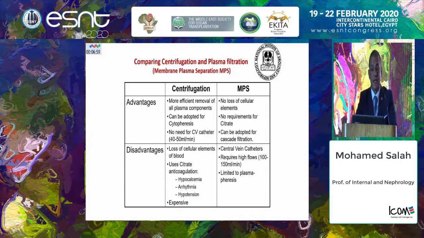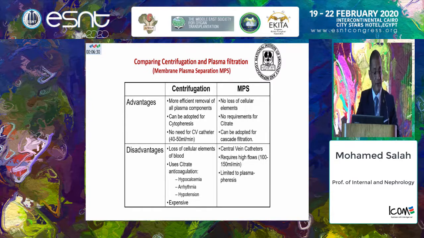Comparing centrifugation and plasma filtration, the advantages of centrifugation: it's more efficient removal of all plasma components, can be adopted for cytopheresis, and no need for a central vascular catheter, because it only requires 40 to 50 milliliter per minute flow, while the membrane plasma separation has no loss of cellular elements, no requirements for citrate, and can be adopted